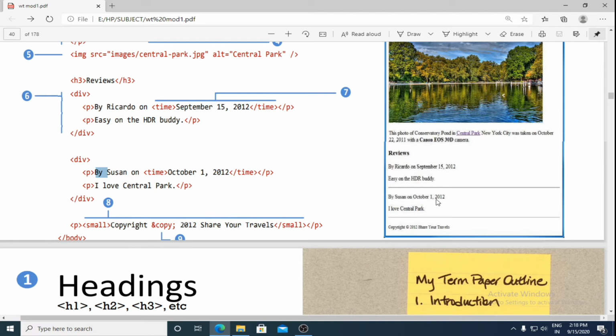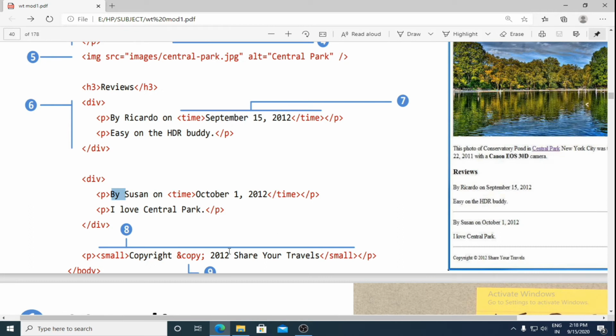So that also appears. Next, the p element is there, again a paragraph, and here they are making use of another element, small. So anything inside this element will appear in small characters, as you can see in the output at the last. So this copyright will appear in small characters, copyright ampersand copy semicolon.